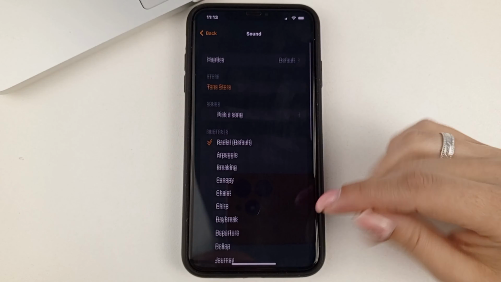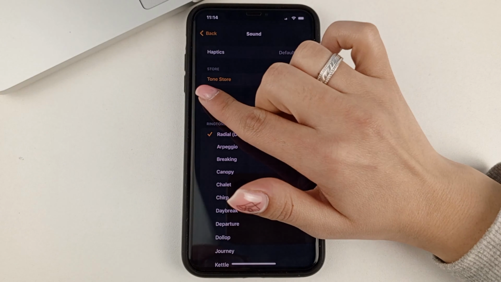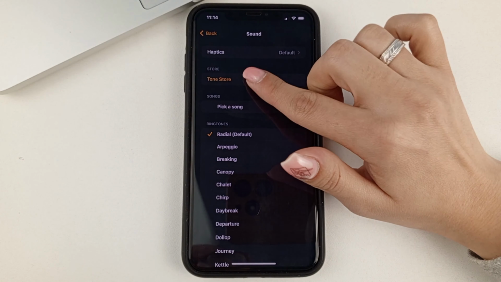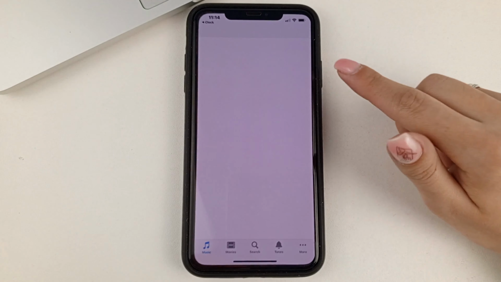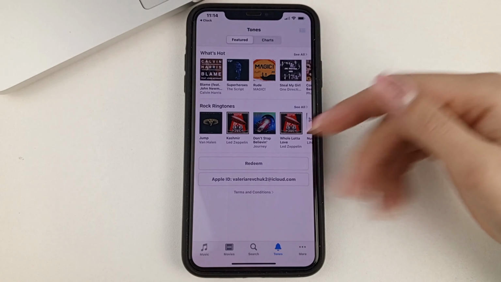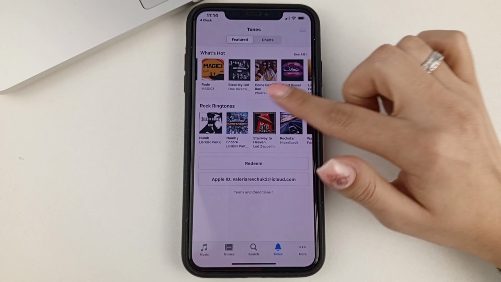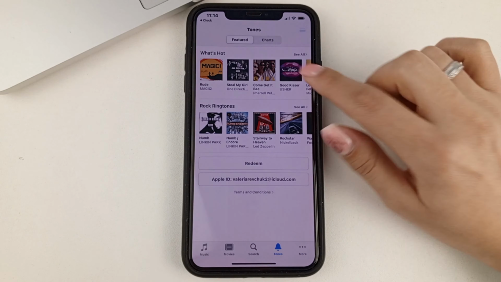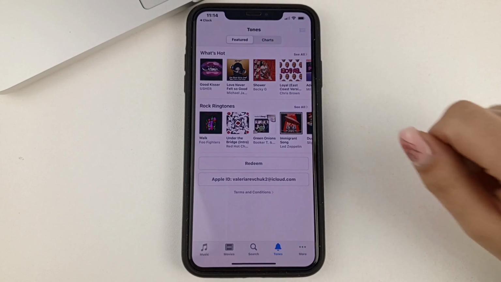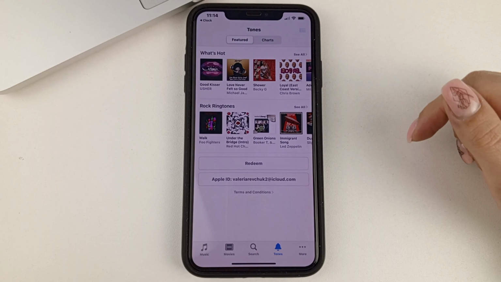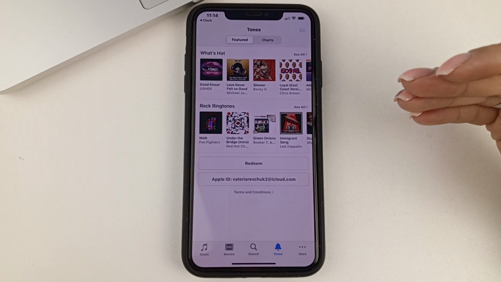If you don't like any of the tones from the ones provided here, then you can go to the tone vaults in order to buy some of the tones for yourself. Here you will have a big list from iTunes. You can buy any of these tones and just set it as a ringtone.